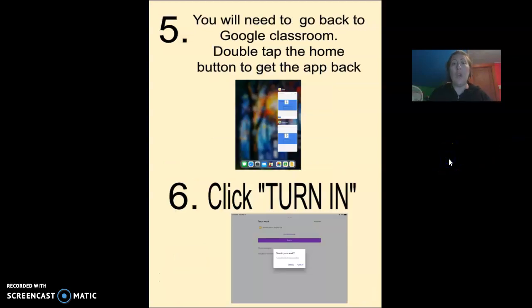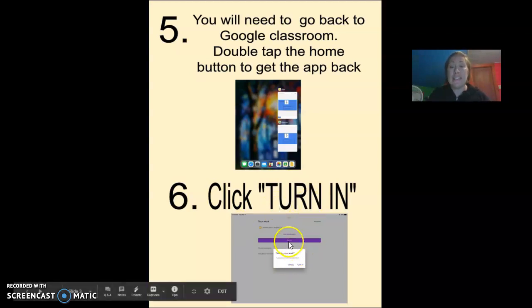Now, when you're done, this is when we have to use that double tap feature to show you your apps. You see how you see my iPad right here, and I have the Google Classroom app before I went in there and the Google Slide. Go back to the Google Classroom one. Once you open it big, you might have to hit an X button, but the most important thing that you're going to have to do